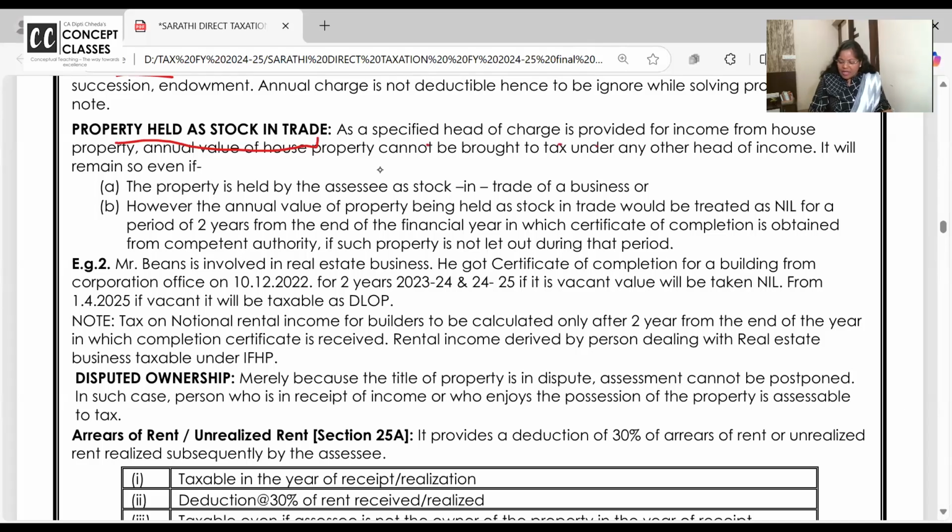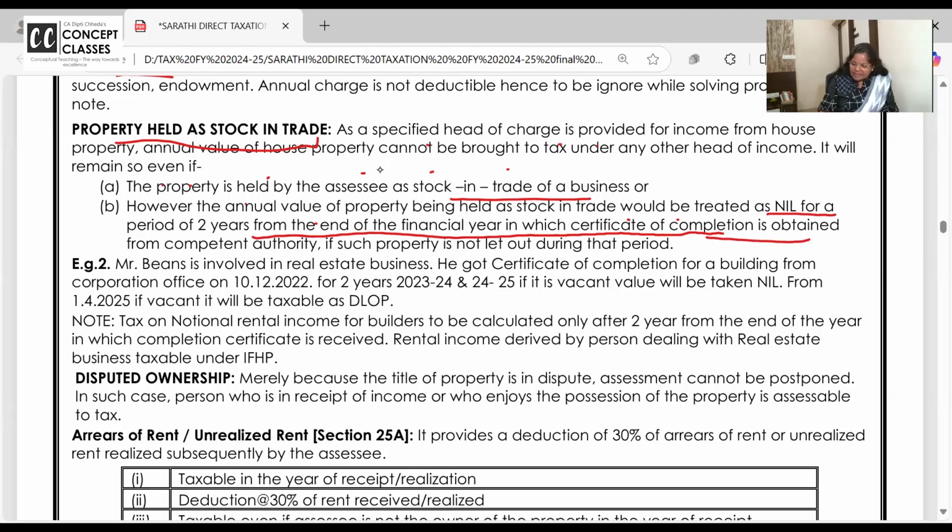As specified, if a head of charge is provided for income, the annual value of the property can be brought to tax. It will remain so if the property is held by the assessee as stock in trade. However, the annual value of stock in trade will be treated as nil for a period of 2 years from the end of the financial year in which the certificate of completion